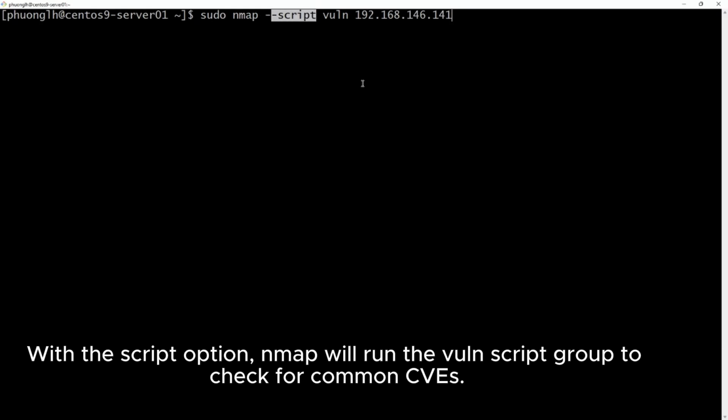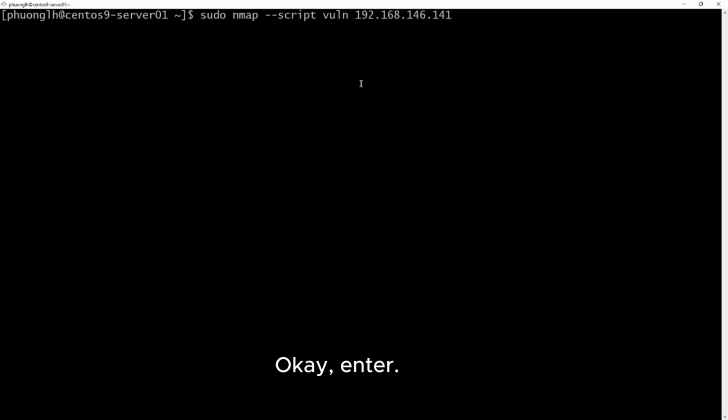Okay, Nmap will run the vuln script group to check for common CVEs. Okay, enter.